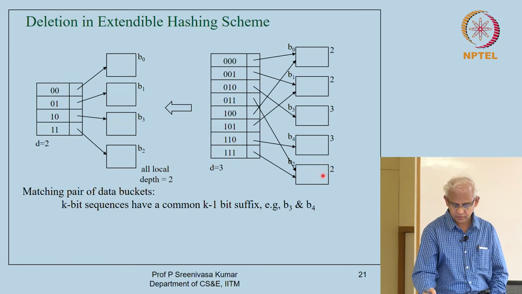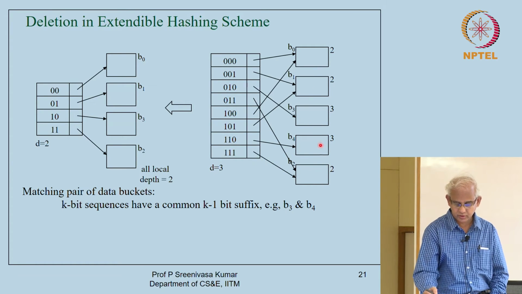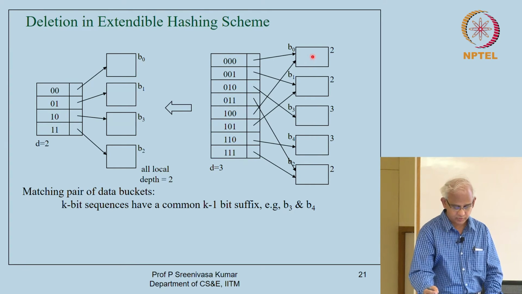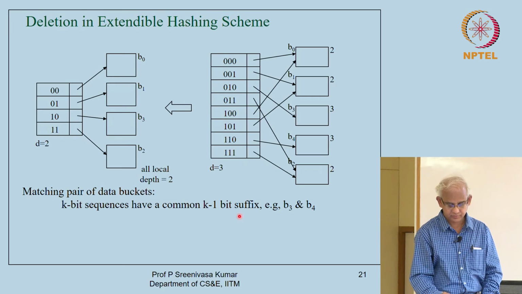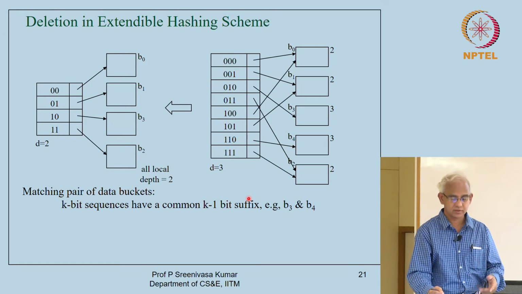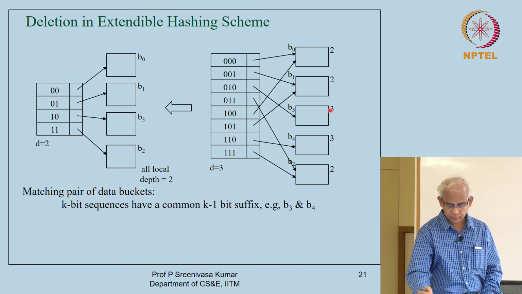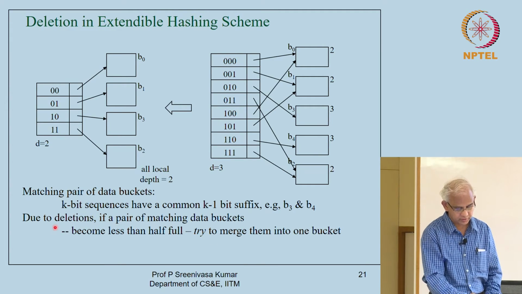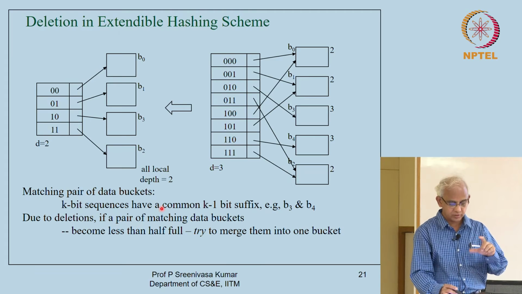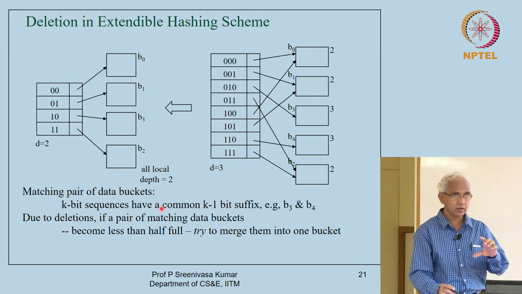Let us say some records have been deleted. Okay. Now, you can observe that there are what are called matching pairs of data buckets here. Okay. If the k bit sequences have a common k minus 1 bit suffix, then those are the matching buckets, right. For example, B3 and B4 are the matching buckets in this case. Okay. So, now, if due to deletions a pair of matching data buckets both become less than half full,